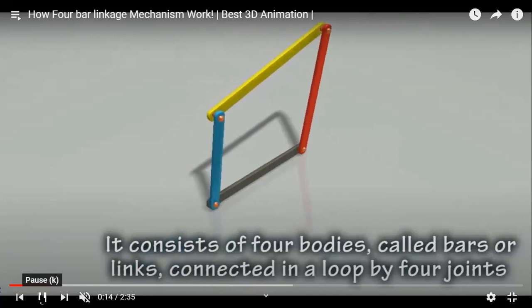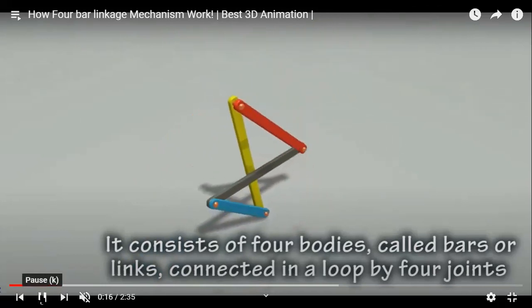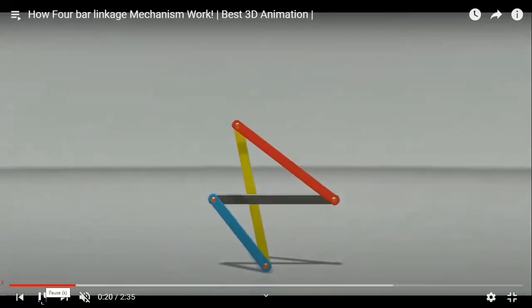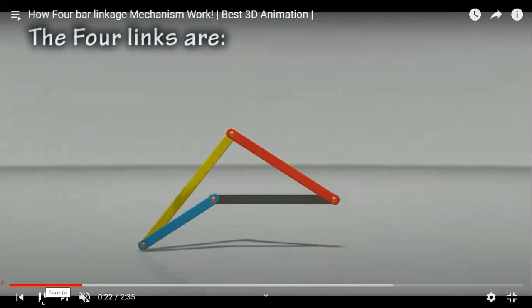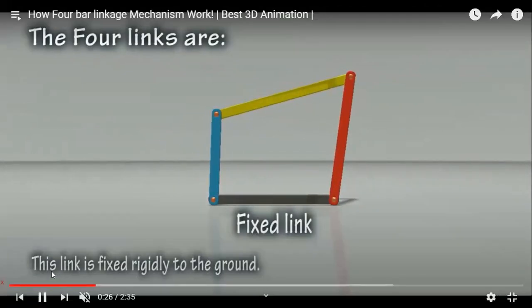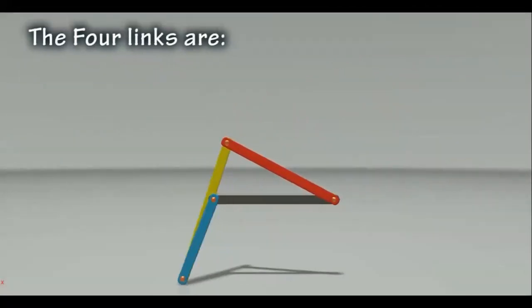Crank rocker, sir. Right, so this is the shortest link, and the link adjacent to the shortest link is fixed. This might be your shortest link, this blue one, and the adjacent link is this one, which is fixed in this case, if you observe. And then we are obtaining a crank rocker. Its application I will discuss. It has certain applications, many applications besides, but most of the applications are quite old.